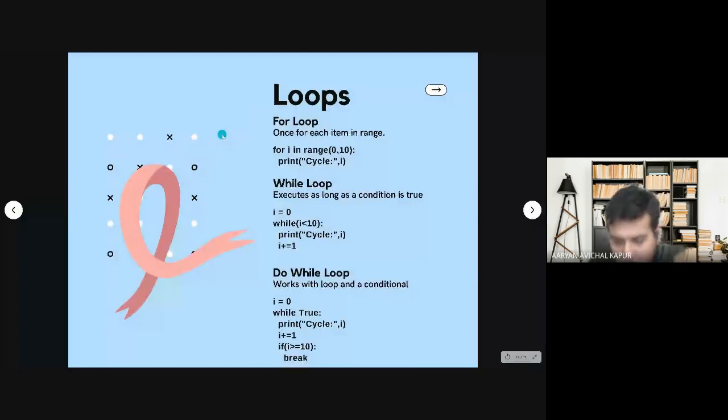So these are loops. You don't have to be exceptionally clear with loops. We will not be using them today. We will be going through them in detail in the next session. But we just wanted to introduce them to everyone so that everyone could have a touch and sort of understand how loops work.